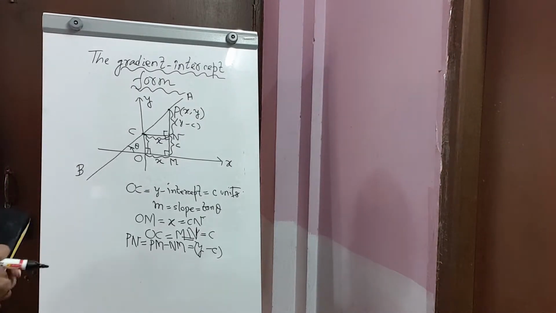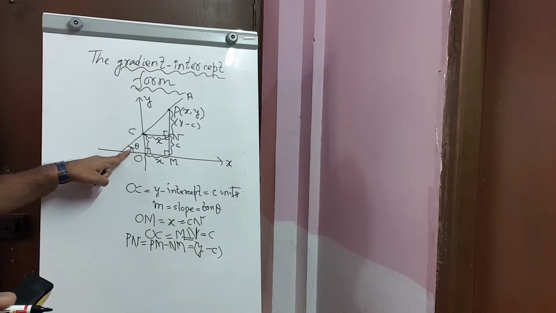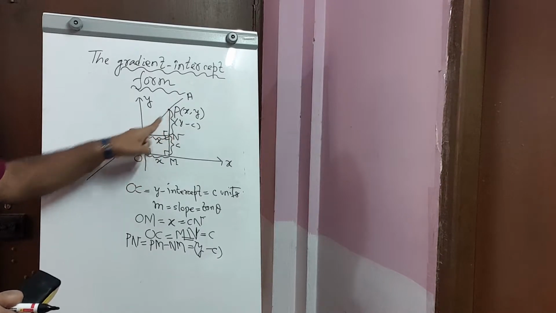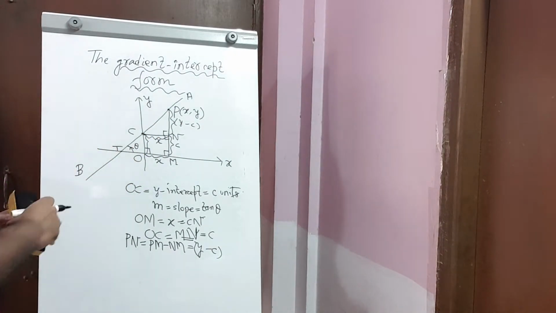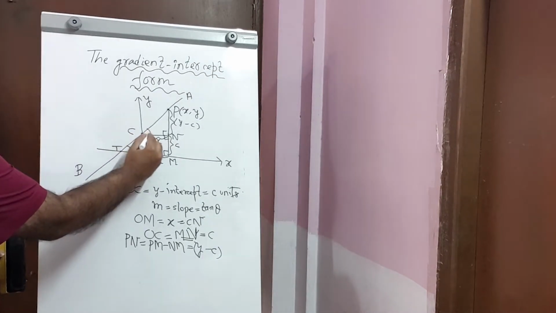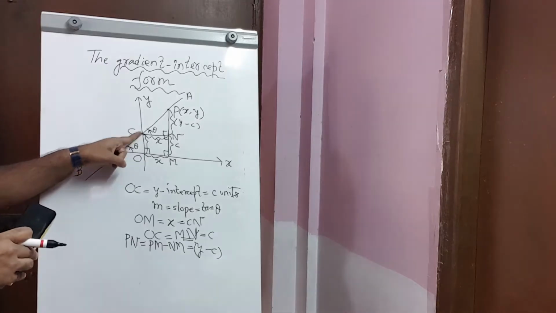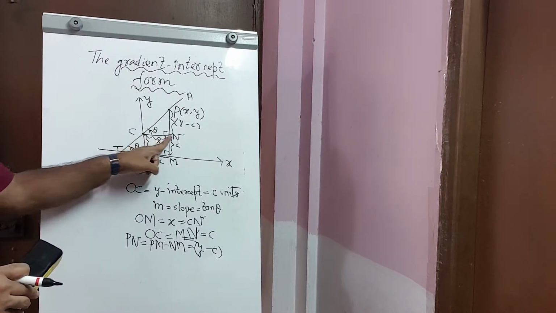Now, since we have considered the angle of inclination of the line to be theta, angle PCN is equal to angle CTO, if I call this point T. These are corresponding angles, as the lines CT and TM